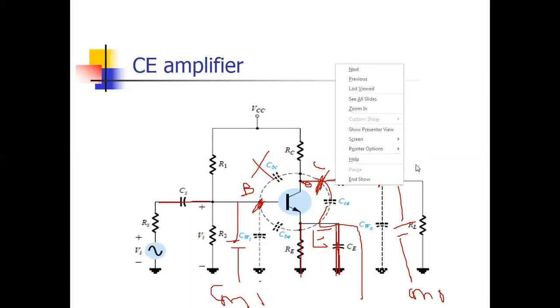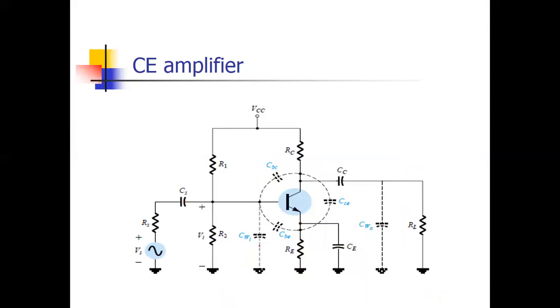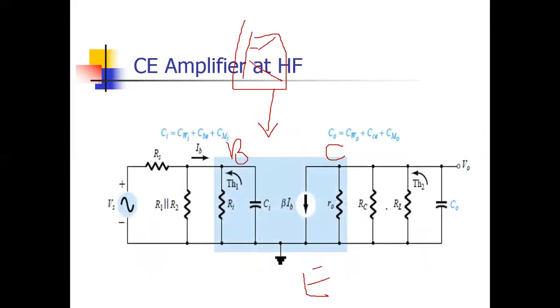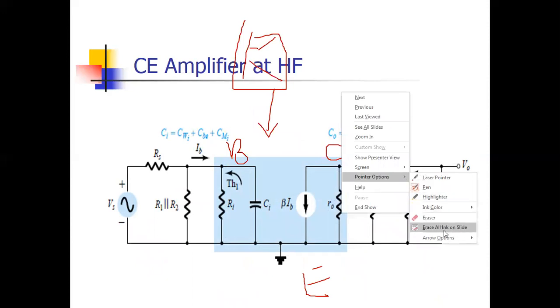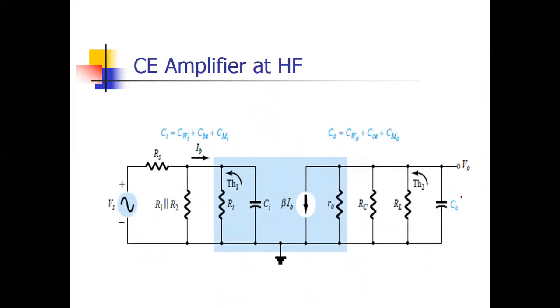Understood this thing? Again, listen carefully. These two capacitors and one Miller capacitor, these three capacitors at one node, will be added up at the input side, and these two are already there at output, and one due to this Miller capacitance. So CCE, CWO, and CBC, all three will be added up. So this will be called output capacitance. So now we have connected one input capacitance, one output capacitance. That's it.